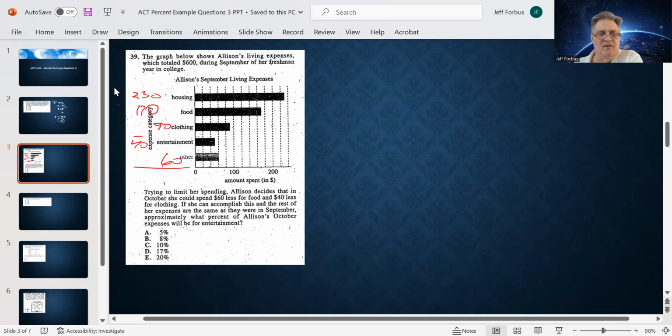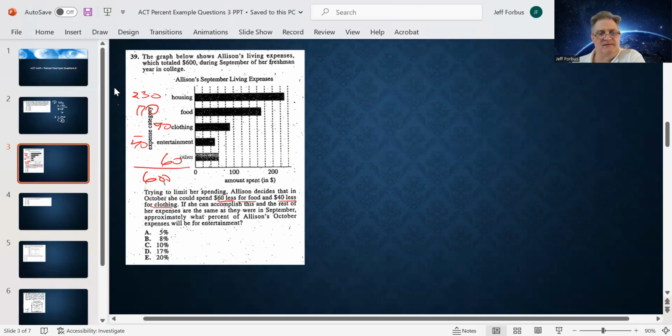Now, when you total all these up, we're going to get 600. Now let's finish the question. Trying to limit her spending, Allison decides that in October she could spend $60 less for food and $40 less for clothing. So she's going to reduce her budget by $100 so far. If she can accomplish this, and the rest of her expenses are the same as they were in September,